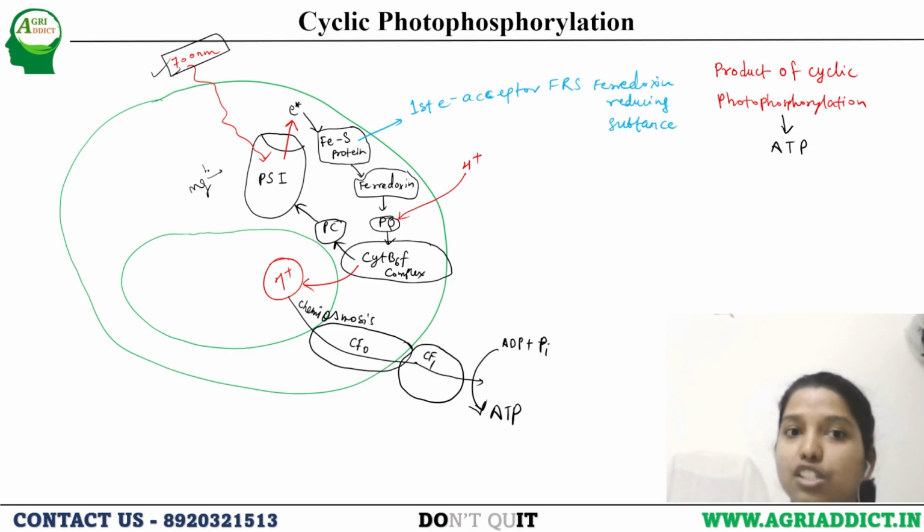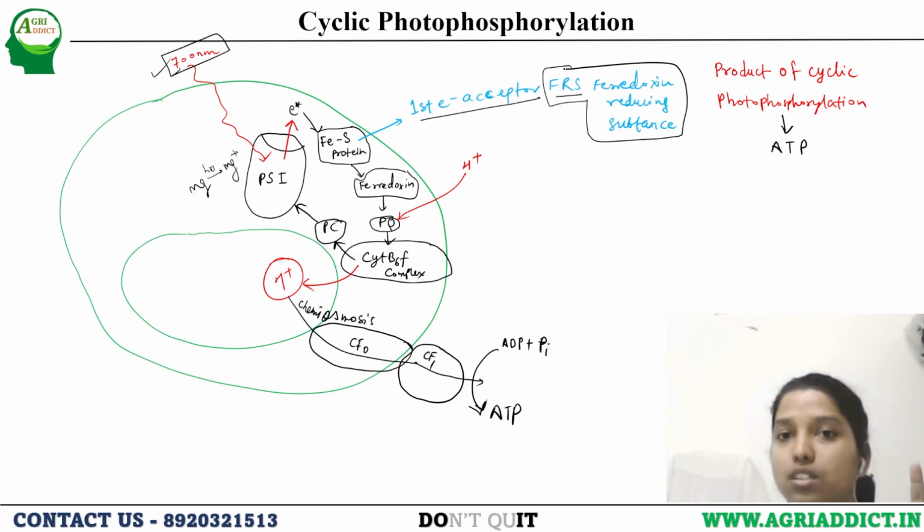When sunlight energy falls on it, what will happen? The electron will get excited. This excited electron will be accepted by this iron sulfur protein. It is the first electron acceptor, which we also call ferredoxin reducing substance. Now this electron is getting transferred from the iron sulfur protein to ferredoxin, and this ferredoxin will transfer